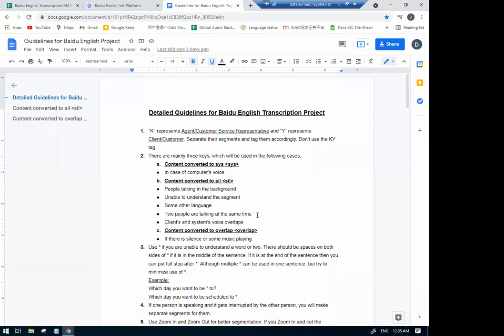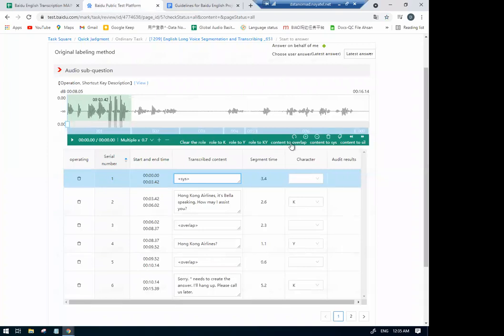If two people are talking at the same time and you don't understand what they are saying, like their voices overlap, sometimes clients and systems voices overlap, so if you face some issue and you don't understand what they are saying, you are going to mark that segment sil. Then third and the most important tag, which is content to overlap, which you are going to use